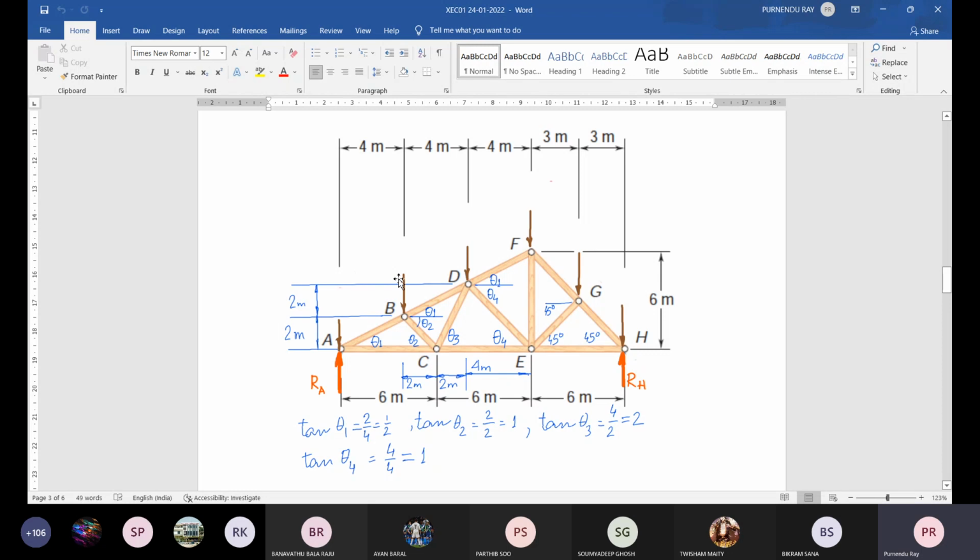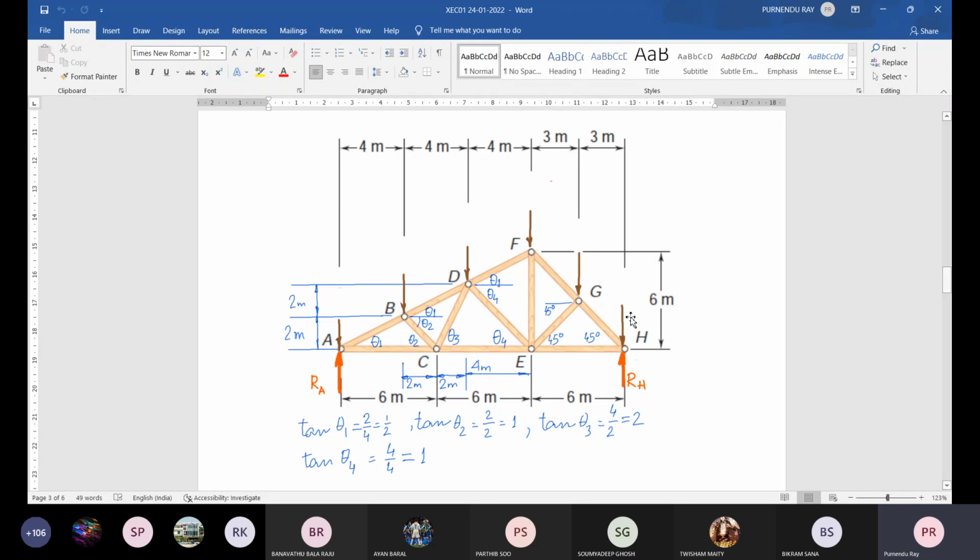Okay, so 2 kilonewton, 1.75, etc. So find this clockwise moment by this force, clockwise. Here it is also clockwise, and RA gives anti-clockwise. So you assume some suitable sense of this moment. If you consider anti-clockwise moment is positive, then the moment by RH, RH multiplied by 18 meter, will be positive. Remaining all the other contributions will be negative. So find the value of the reaction at H.